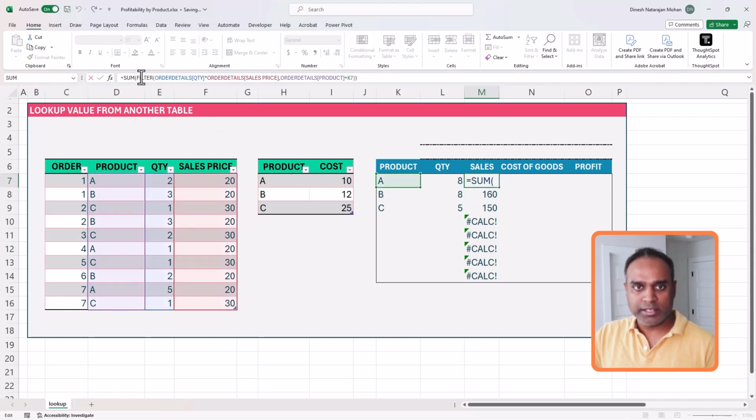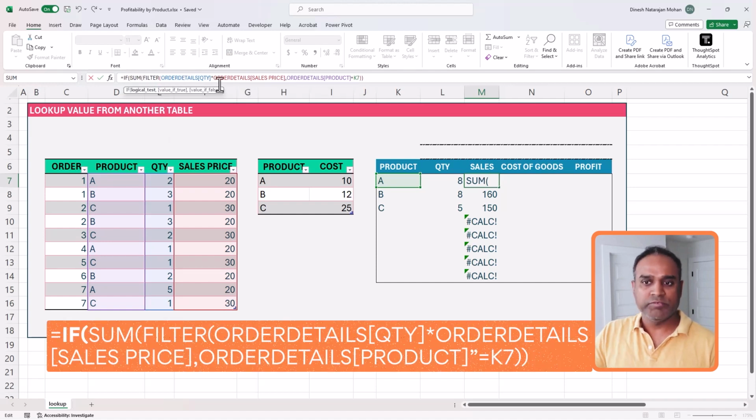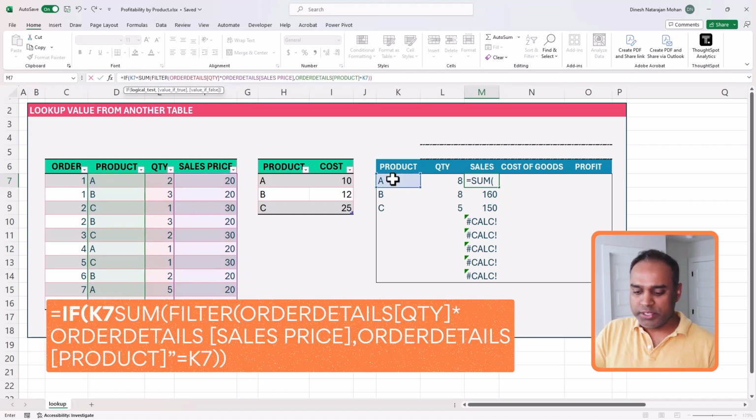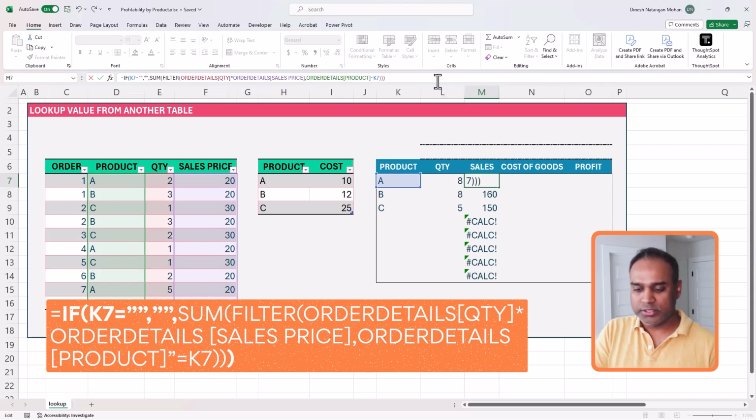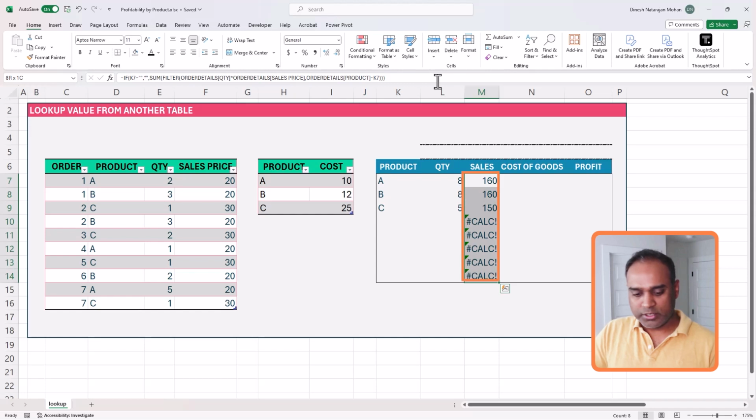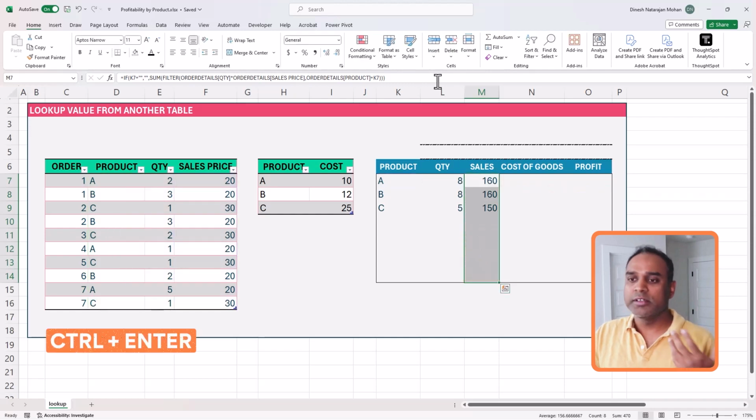So let me go back into the formula and say if A7 equals blank, give me blank, otherwise this. Now select all of it, F2, control enter. So now that we are done with the hard part of calculating the total sales by product, the cost of